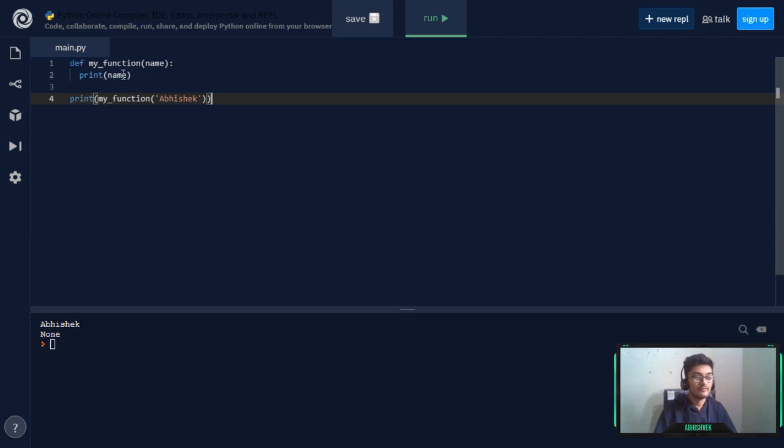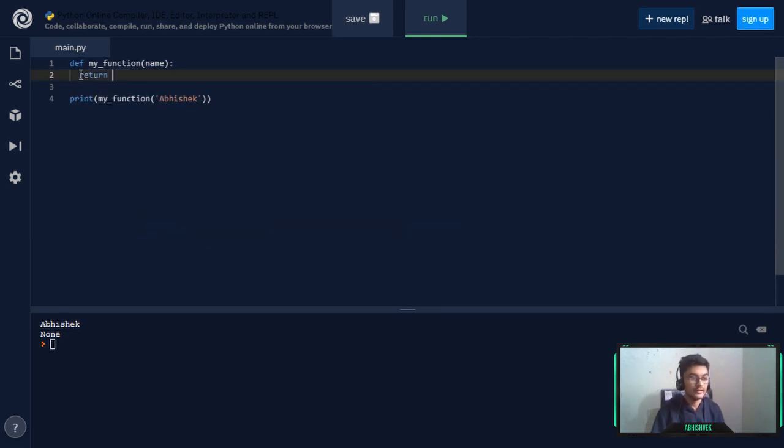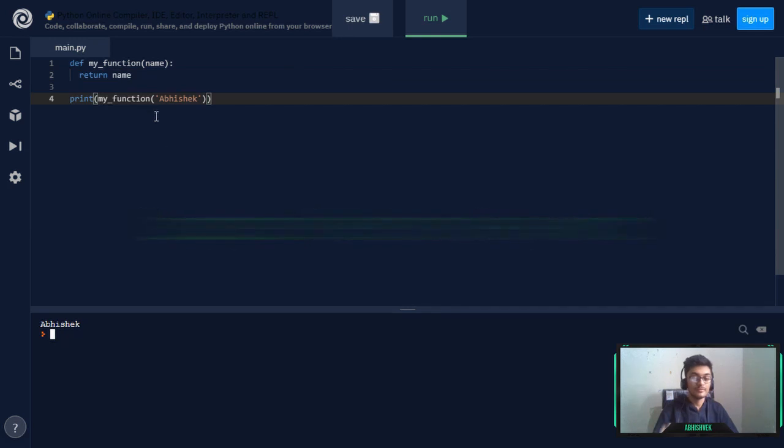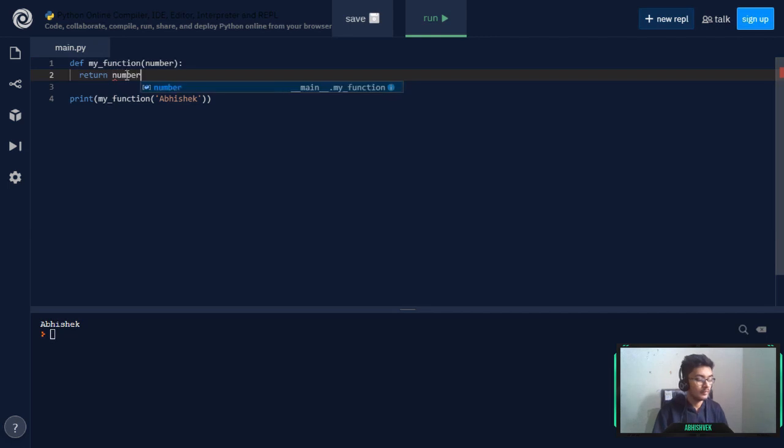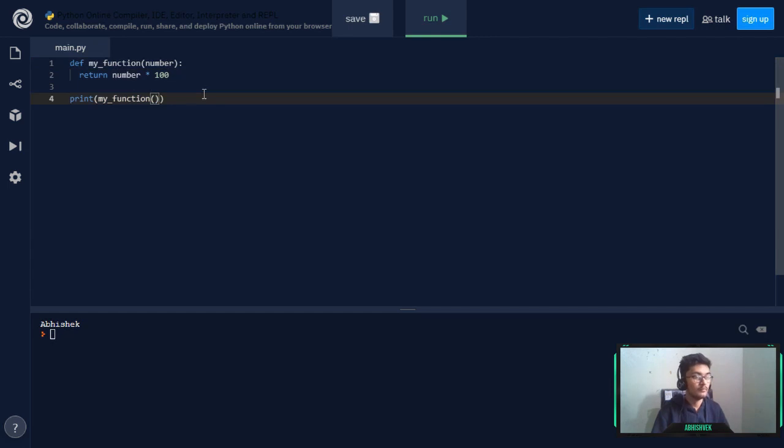So instead of printing name, we can simply do one thing, that is return name. And similarly we will be seeing our name once, because it is just reading a name from the following function, and the name will be printed here in the form of the argument taken by the return statement. Now we can also give it an argument of number, and here if I type number into, let's say, 100, and I provide a number here, not a string but a number of 5, and if I try to run it, we will be getting a value of 500, so you can perform multiple mathematical operations in your function by using the return statement.